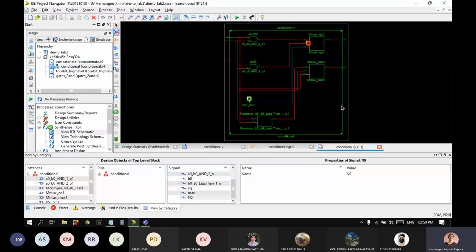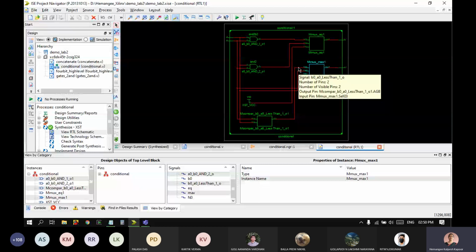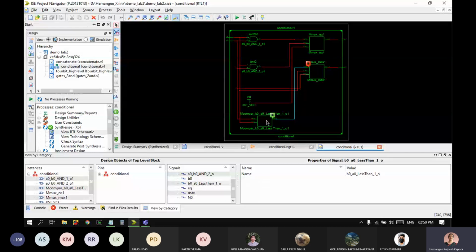Okay, right. So the conditional statements which we wrote one below the other were synthesized as a mux with these corresponding inputs. Now let us see the max function. The max is also synthesized as a mux. It has got 3 inputs, so let us see what those inputs are. I'm just clicking on the first wire. It is coming from a comparator. The second wire is coming, where is it going to?